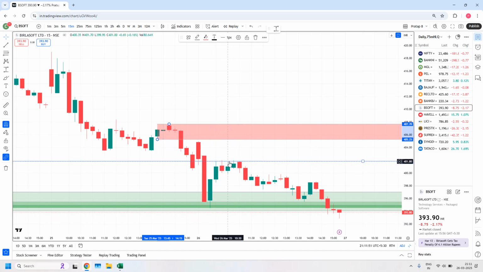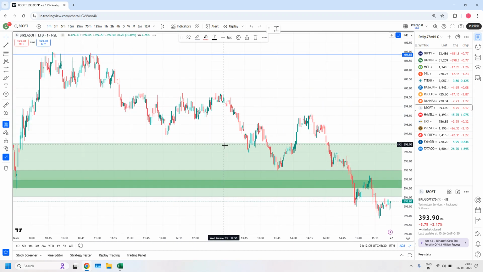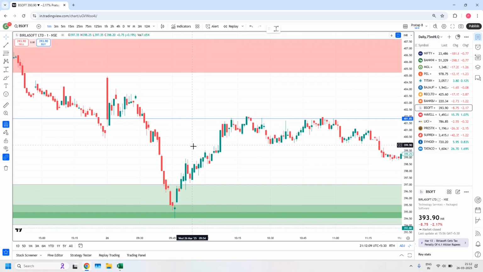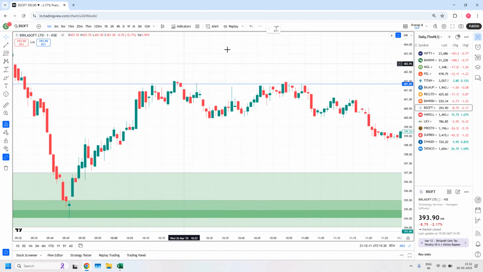Previously, in one of the HLQ zone videos, I told you about support lines and resistance lines. You can draw them and keep that as a target. When prices are reaching a particular area, you may not be seeing a proper zone. Even if you go to 1 minute time frame, this is the area where we didn't see a proper zone. Maybe you can say this is the zone, 1 minute zone holding